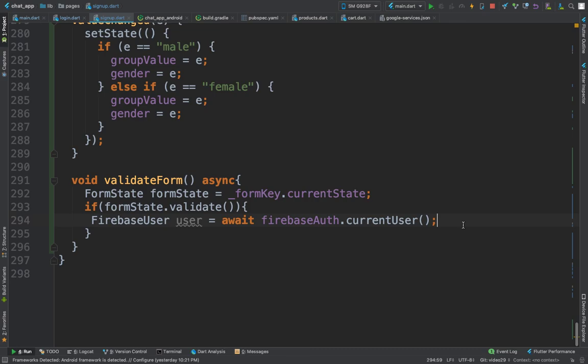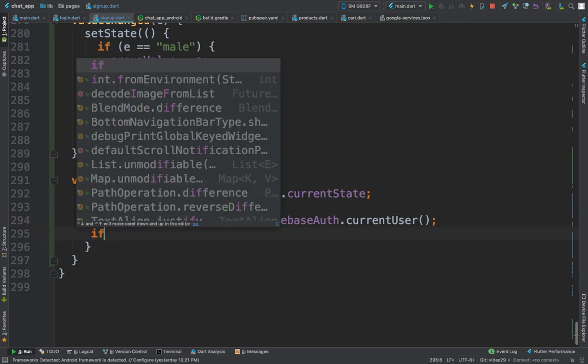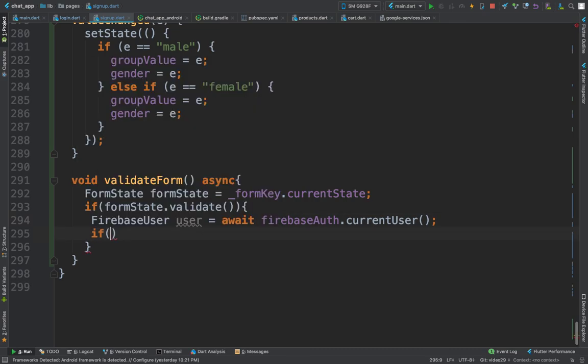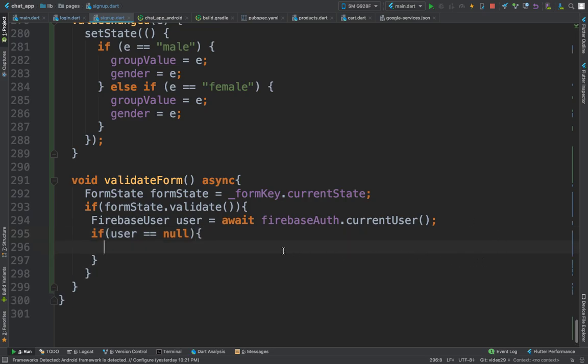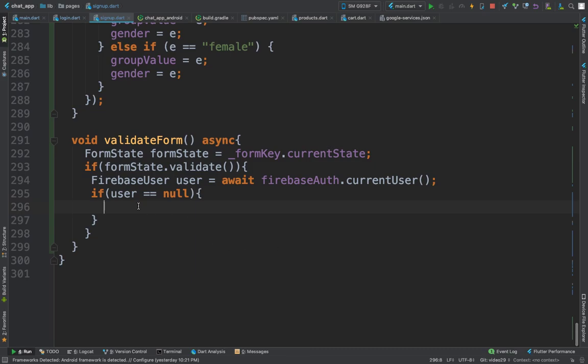And after this, we will check if user is equal to null, meaning that the user does not exist, we will do something which is